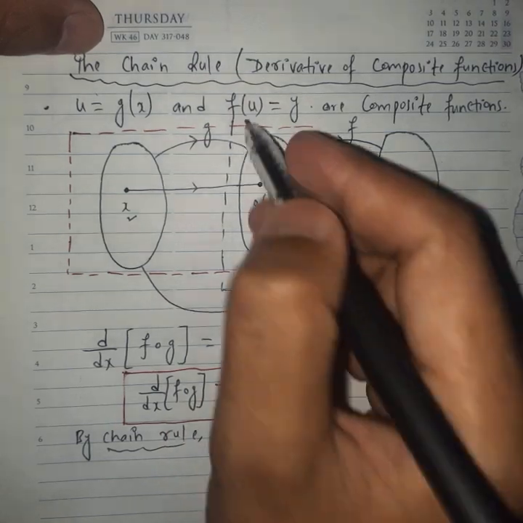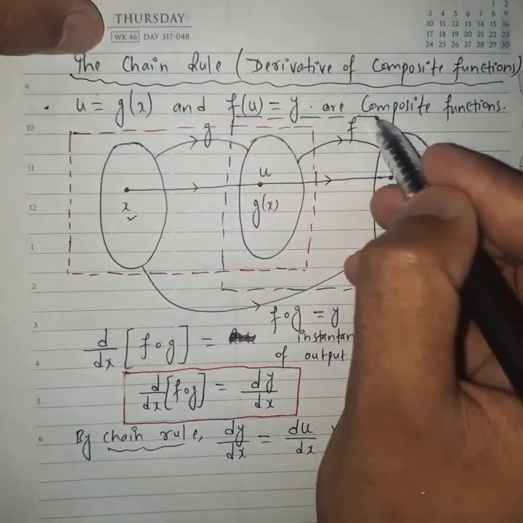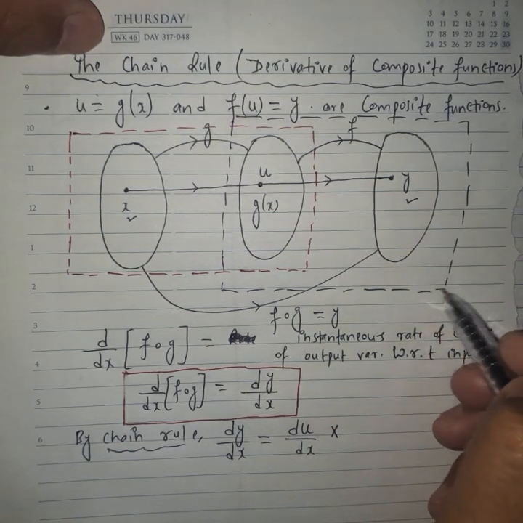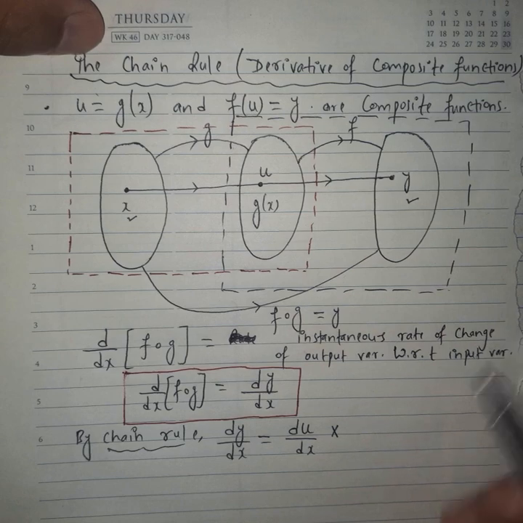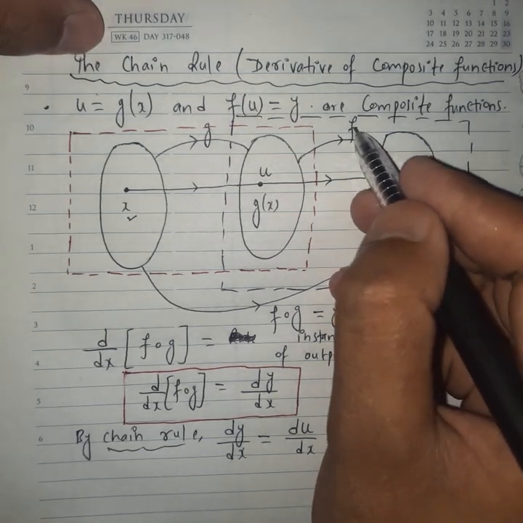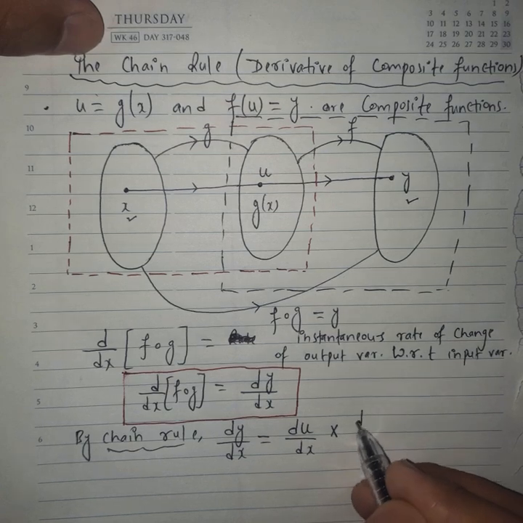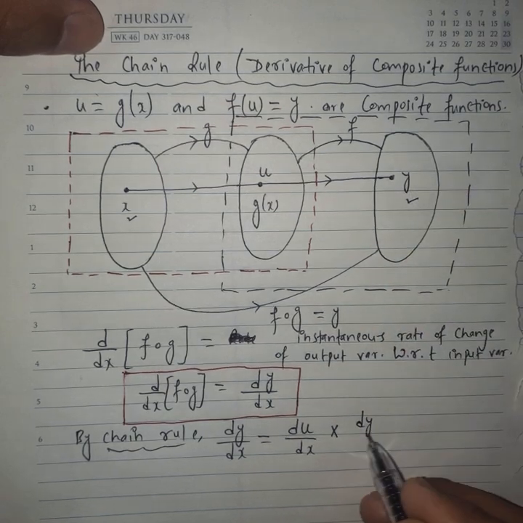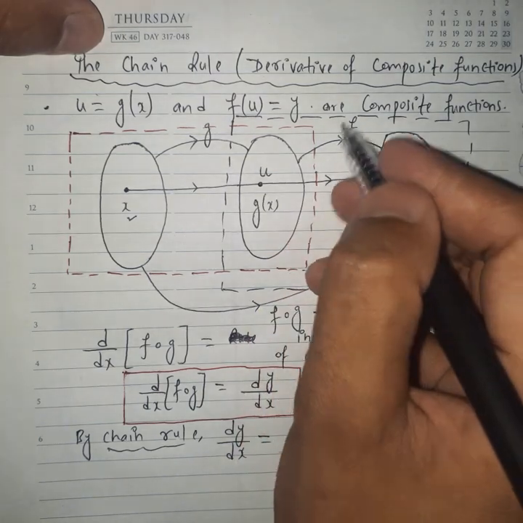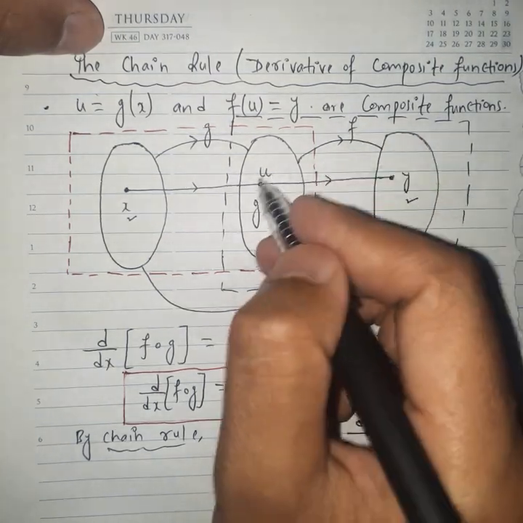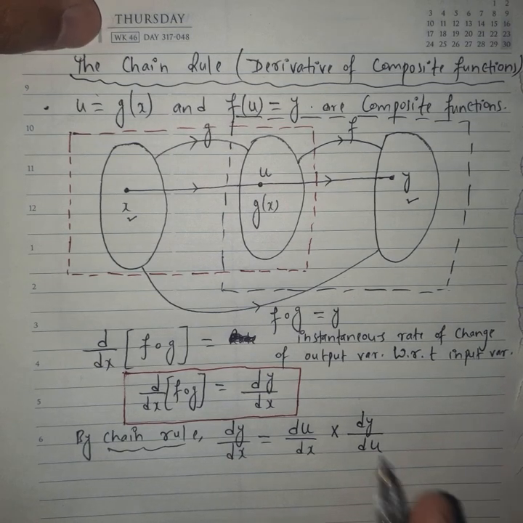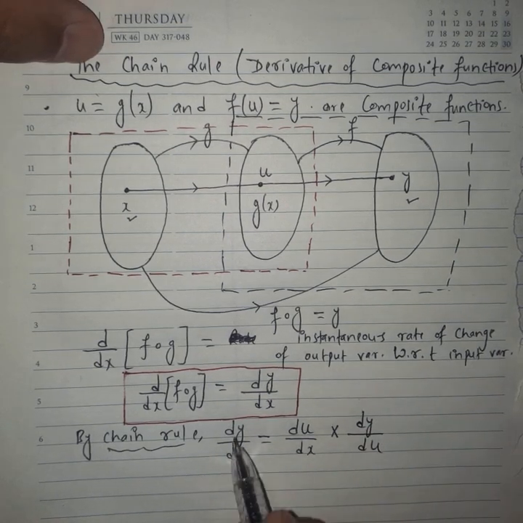Let's make a pair of these last two functions. Now taking these two functions, the rate of change of the output of f, the output of f is here just y, with respect to the input of f. The input of f is here, the input is y. This is according to the chain rule.